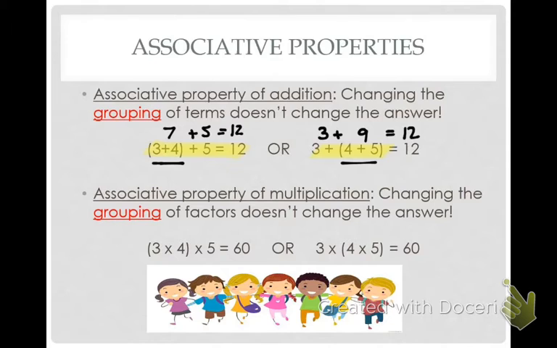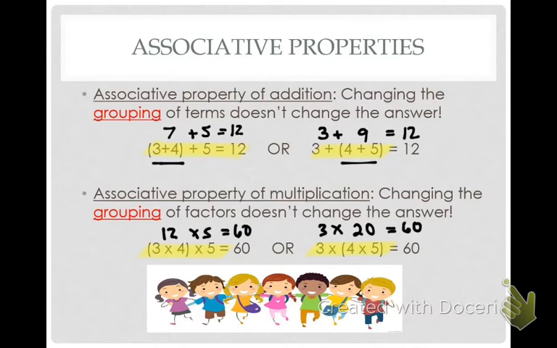Read me the associative property of multiplication. Changing the grouping doesn't change the answer. All right, this means the same thing as the adding that I just did. Let's go ahead and do this. What's 3 times 4? 12. Okay, what's 12 times 5? 60. Now, this said right here, 3 times 4 times 5. This also says 3 times 4 times 5. But I have to do my parentheses first. What is 4 times 5? 20. What is 3 times 20? 60. Is that the same answer? Yes. So once again, the associative property says it doesn't matter how you group them,